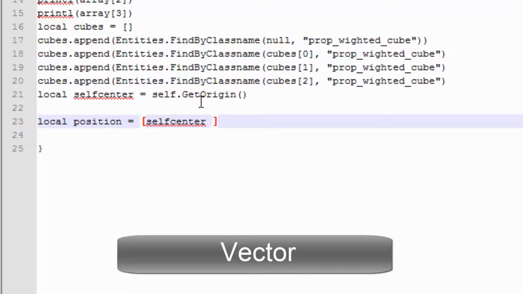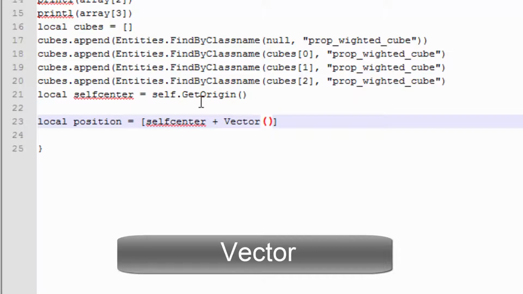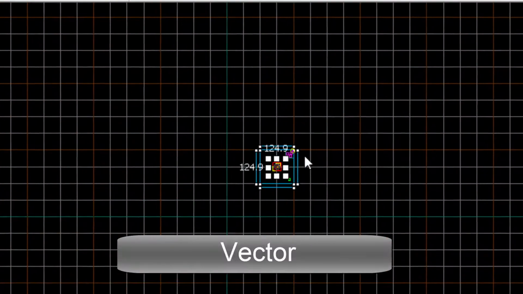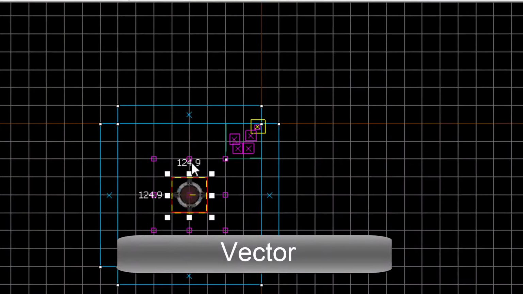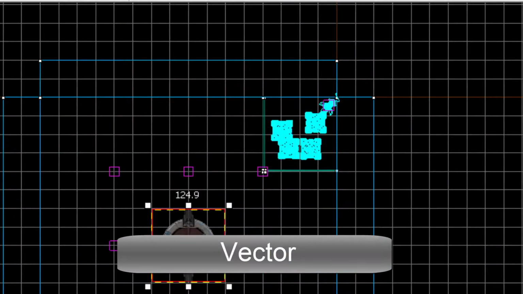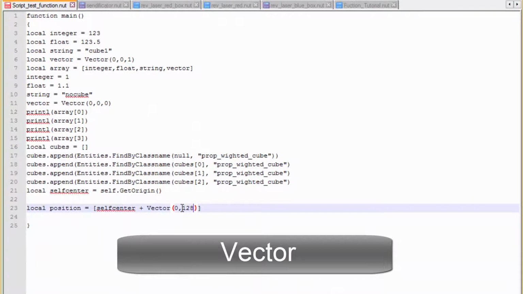All right. Plus vector. Just a little bit of simple math here. 0, comma 0, comma. So first of all, let's see. Where do I want to put it? I want to put it 128 above, and so above that's y plus 128. All right. So y is the second one, 128, and then for the z,